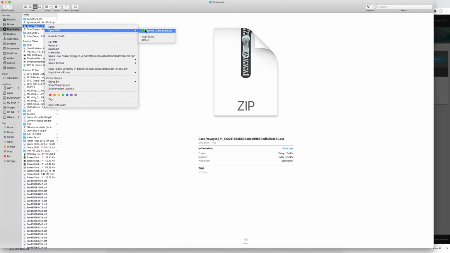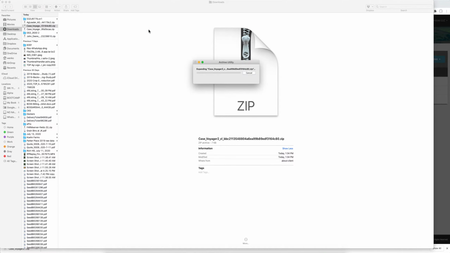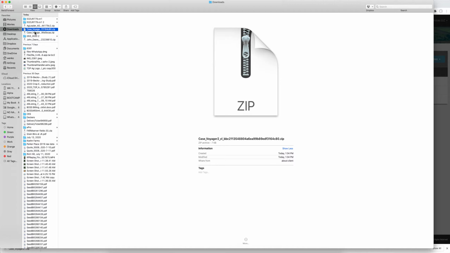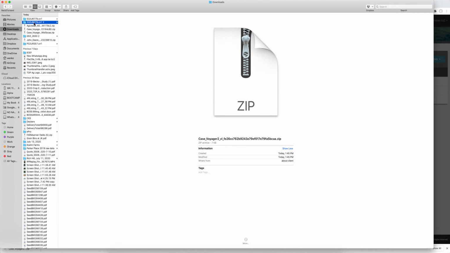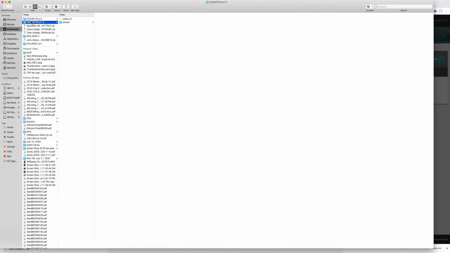And what happens is, the same thing happens in both operating systems, but you pull it back up and it unzips it, and then you find a .cn1 folder, and you copy that .cn1,